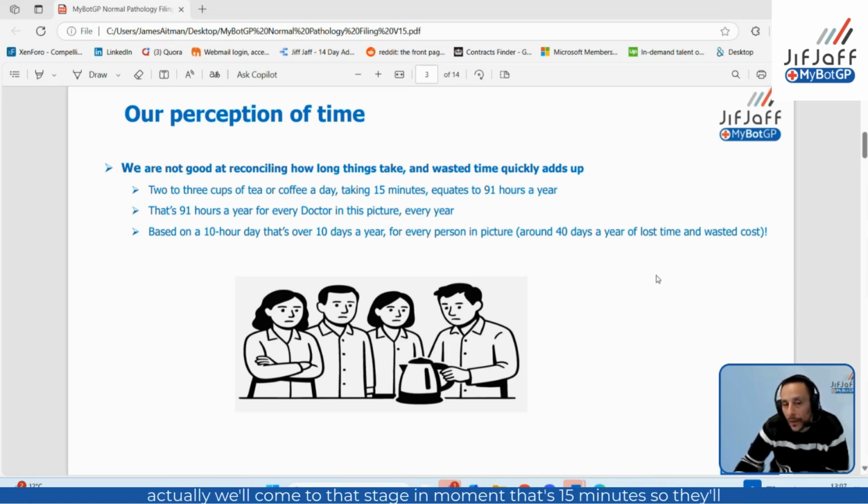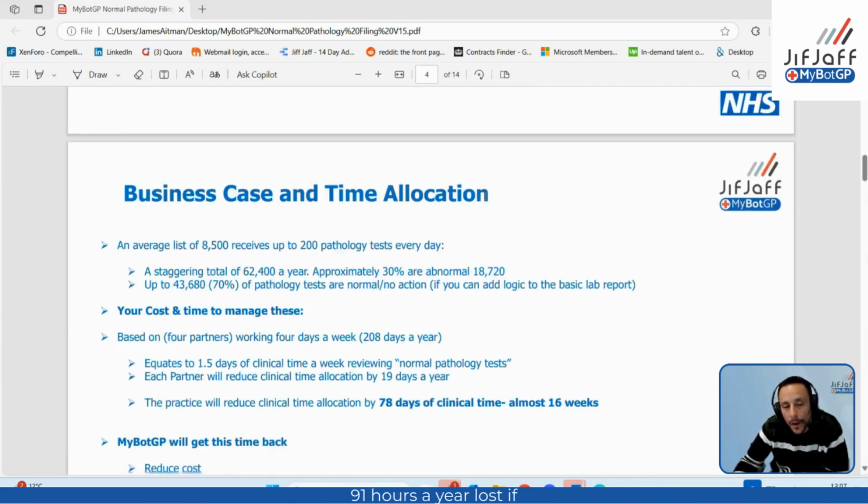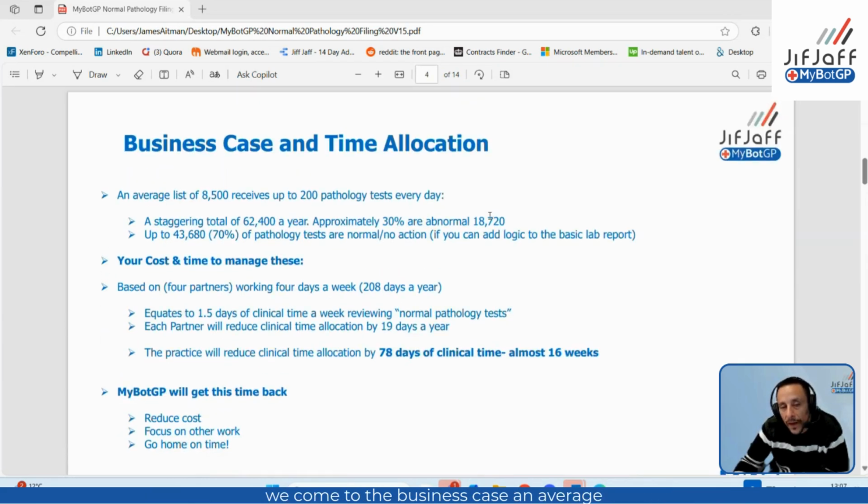Well, actually, we'll come to that stage in a moment. That's 15 minutes a day, will be 91 hours a year lost. If we come to the business case, an average list receives about 8,500, or on average, an 8,500 list receives about 200 pathology tests a day. That works out a staggering 62,400 path tests a year, and our tool can look after pathology tests, so not